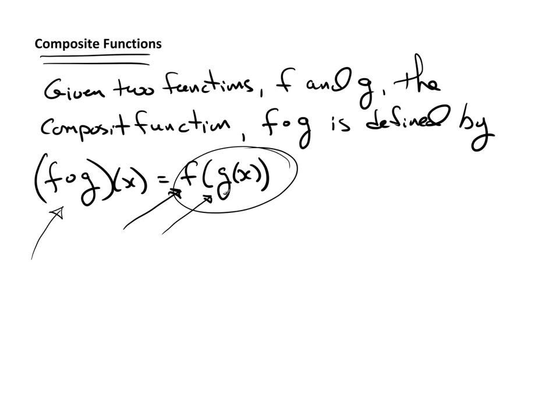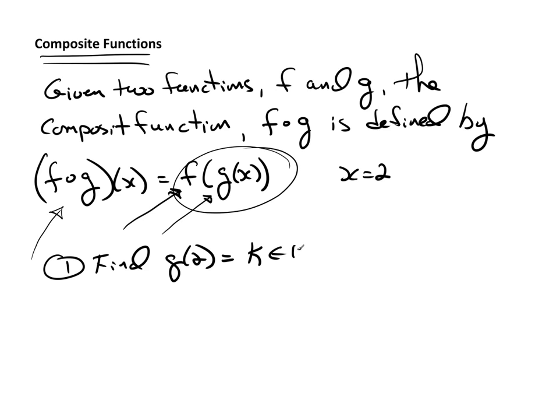So let's just say that we need to evaluate this for x equals 2. Well, what this means is, number one, I need to find g of 2. That's some number. Let's just call it k. Let's just say k is some real number. Okay, now we need k